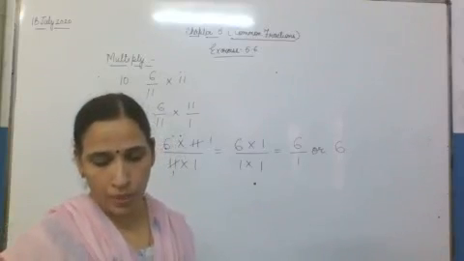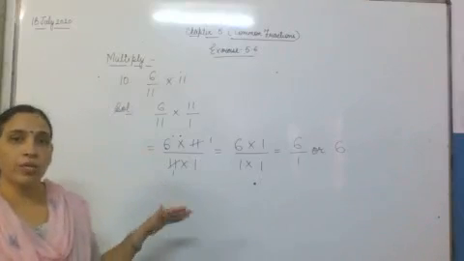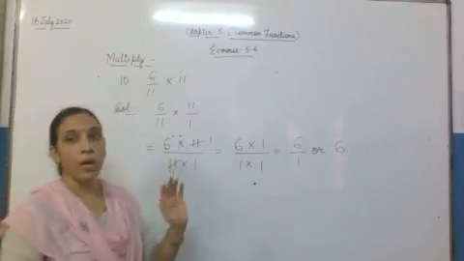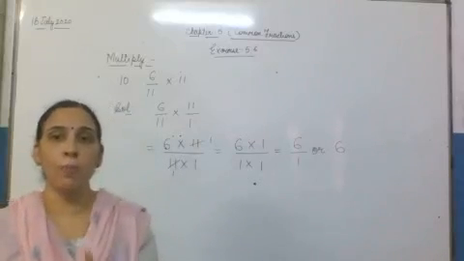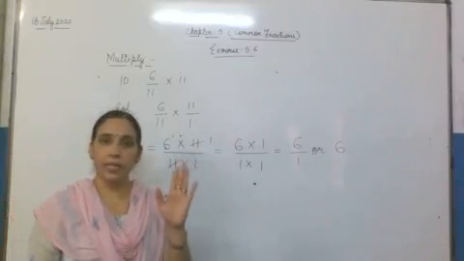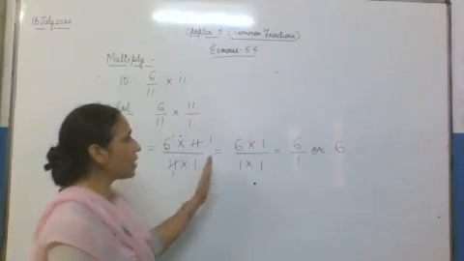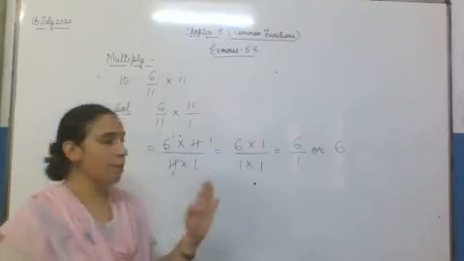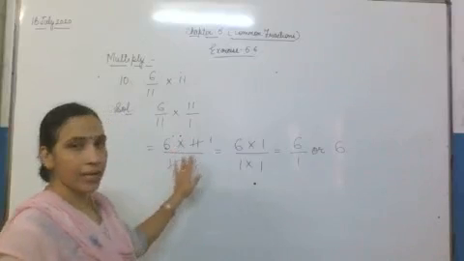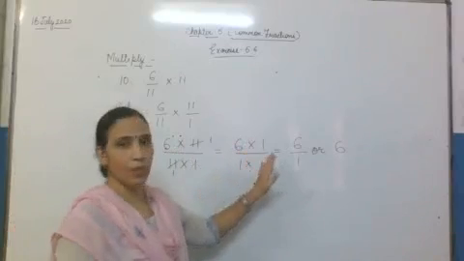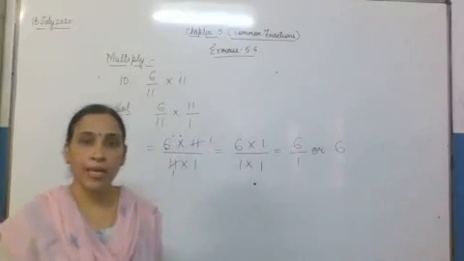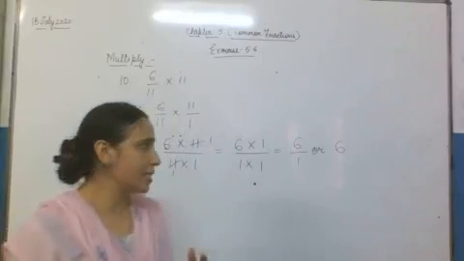We consider that in all whole numbers we have 1 as the denominator. So children, I hope this question 10 is clear to you all. See what is given in this question. Here you have been given 6 by 11 into 11. Now we have 11 as a common factor in the numerator and in the denominator also, so we can cancel it and then write it. Now 6 will be multiplied by 1, into 11 into 1. Now 11 will get cancelled here and then we get 6 multiplied by 1, 1 multiplied by 1, which gives 6 by 1 or 6.